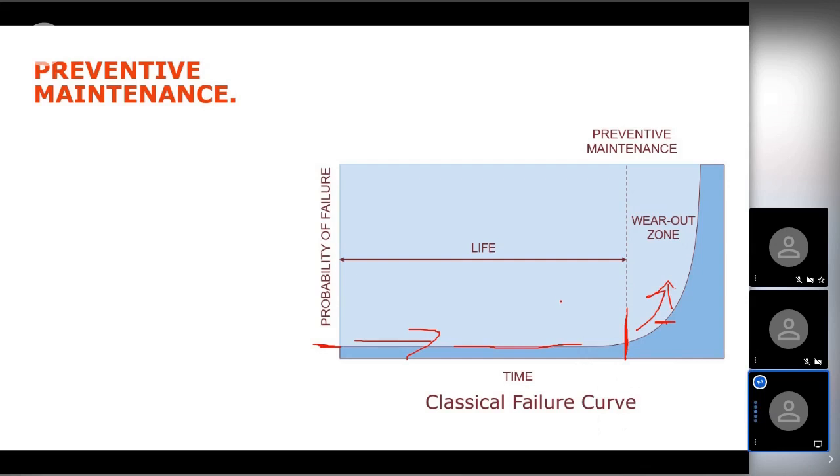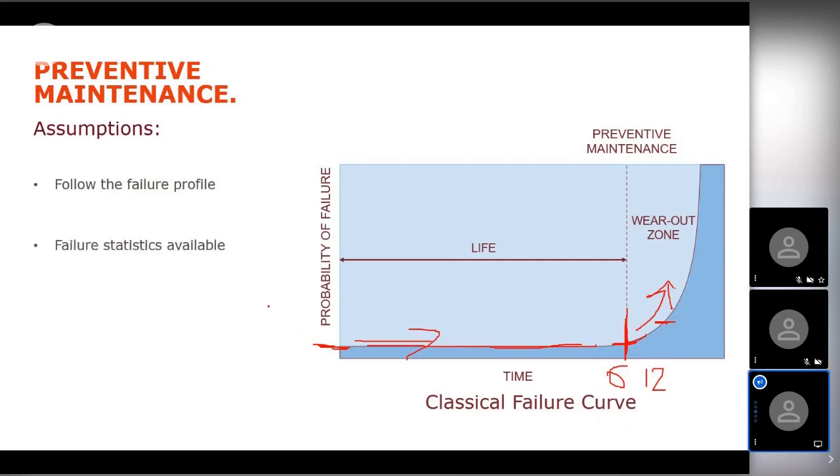Hopefully you're starting to see now the problem with this theory of preventive maintenance. There's a few assumptions we're going to need to make in order for us to make our decision on where that dotted line is. Is that 6 months, 12 months, 2 days? We're going to assume that that piece of equipment follows this profile, that it's pretty reliable at the start of its life, it runs through this lifetime, and then it gets to this magical dotted line at the end.